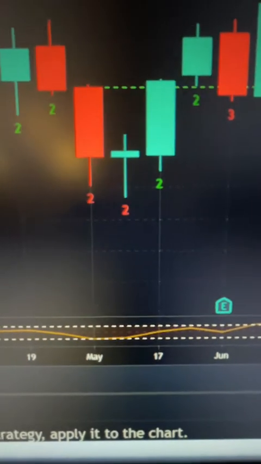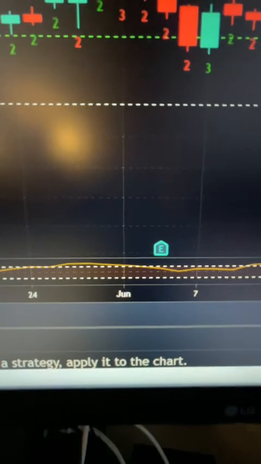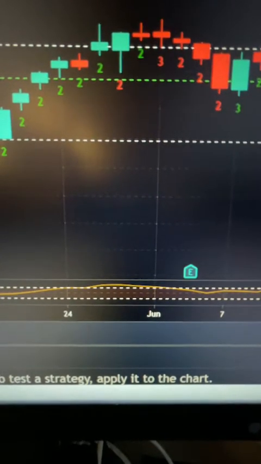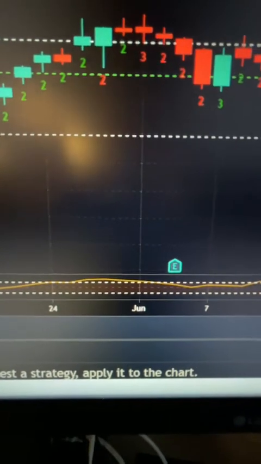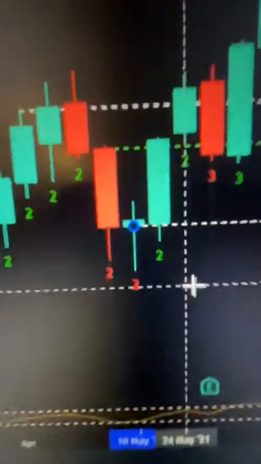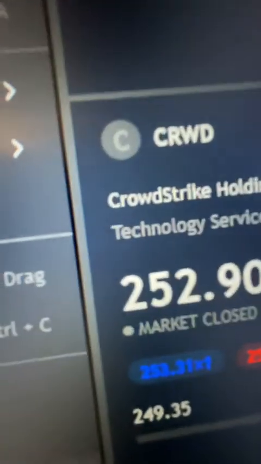The next week, it has a new opening, right? So let me go to that daily on that week. So that was the week of May 10th. So I'm going to go to the daily chart and go to May 10th and then mark that candle. May 10th open was 189. So the week of May 10th opened up at 189. You see how already